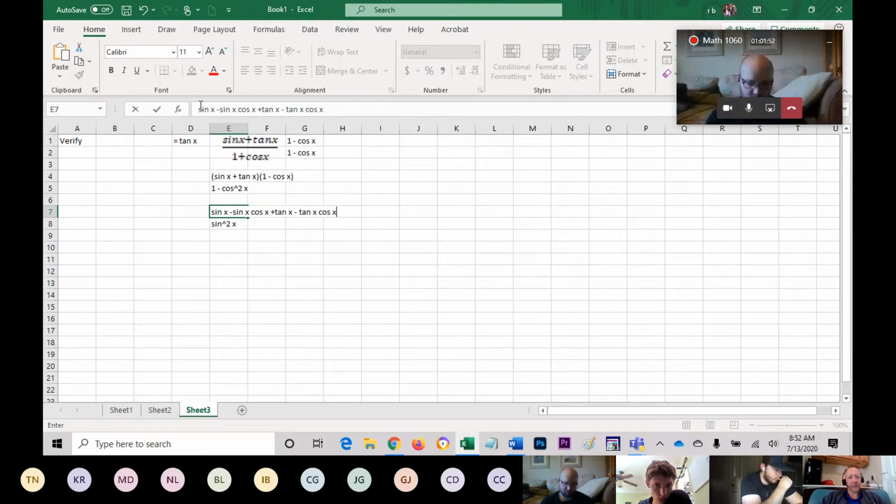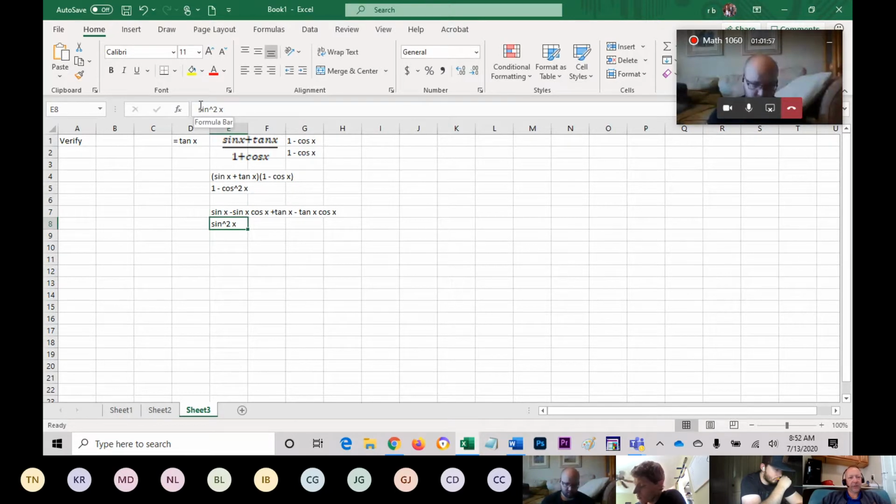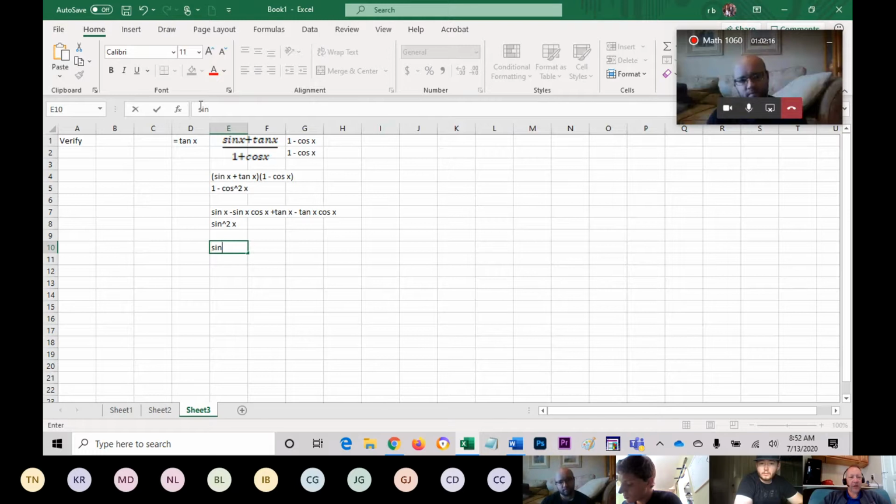Okay. That just got really complicated, didn't it? Really big, yeah. Would we want to change tangent of x into a fraction? Change what? Tangent of x, wouldn't that be sine of x over cosine of x? Yeah. So let's rewrite this. So sine of x minus sine of x cosine of x plus tangent. You said we're going to write tangent as